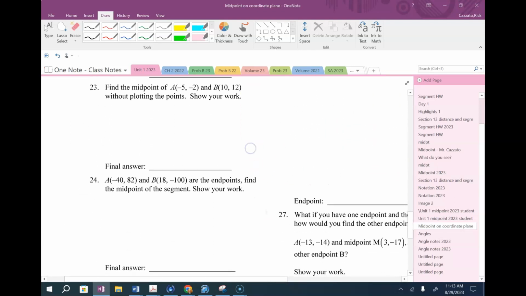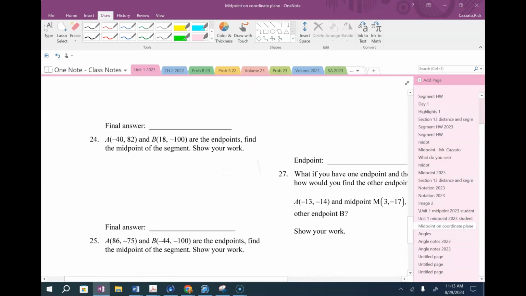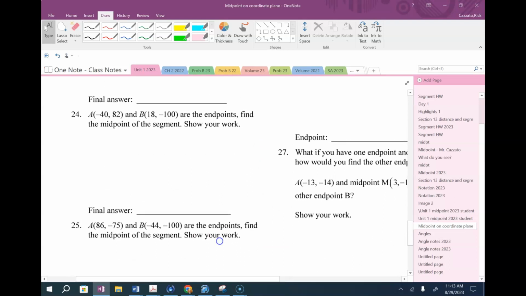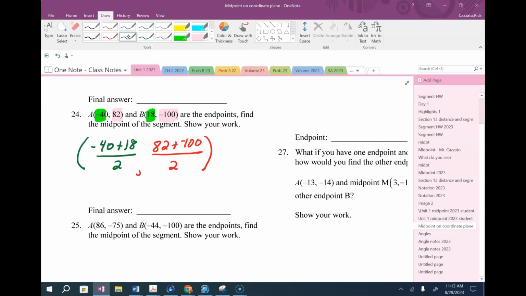We did a couple problems in class. So if we look at problem number 24, we want to add the x values. I highlighted them in green. So I'll say -40 plus 18 divide by 2. Then I'm going to add the y values. I highlighted them in pink. So 82 plus -100 and divide by 2. When we use our calculator, we will get -11,